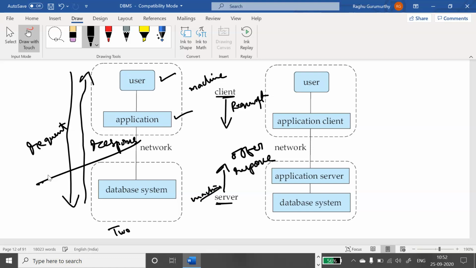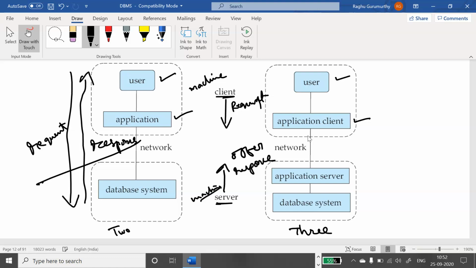When we come to three-tier architecture, what is actually happening here? As in two-tier architecture, the user is available and the application client is available in a machine. That is the client machine.